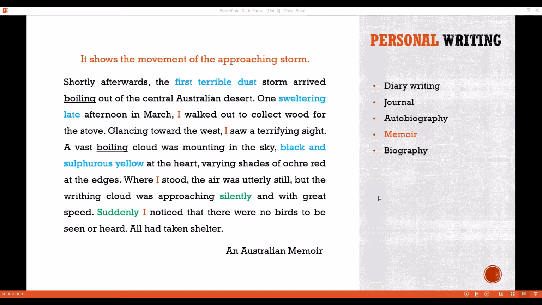Okay, one more question, last question. There are two words, boiling. As you can see, tell me, what does this boiling mean and what does this boiling mean here? In the first one, it means the same word, you can use repetition, but in a varying style, with a different meaning. Here the movement is shown, the movement of the storm, and here the kind of cloud was shown, the nature